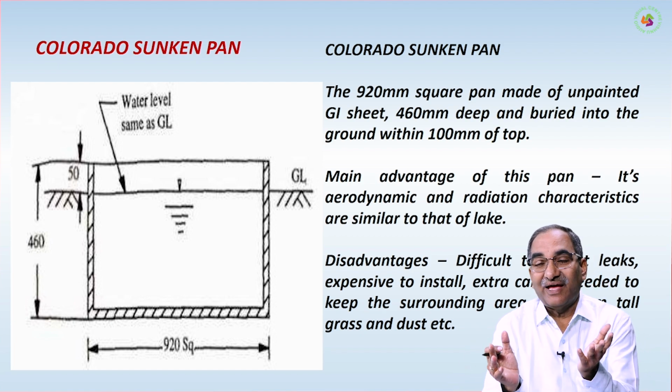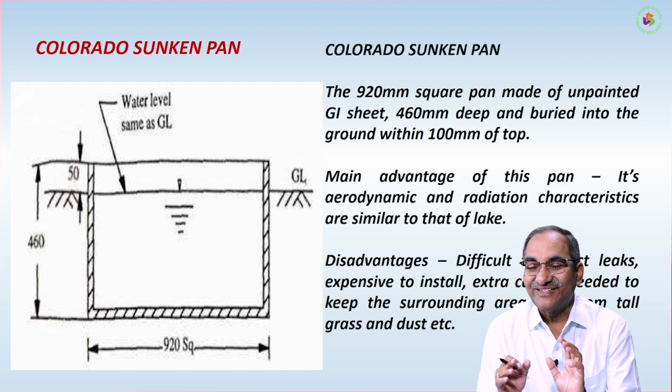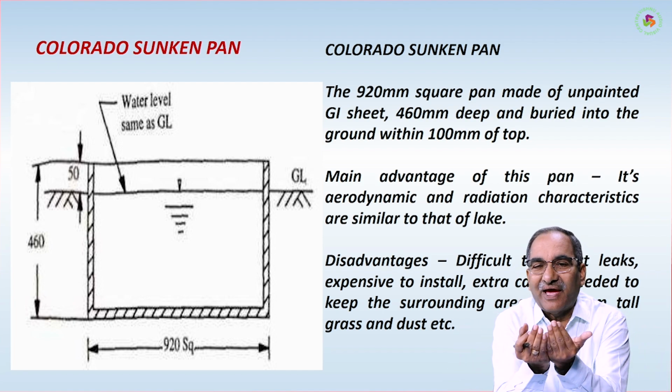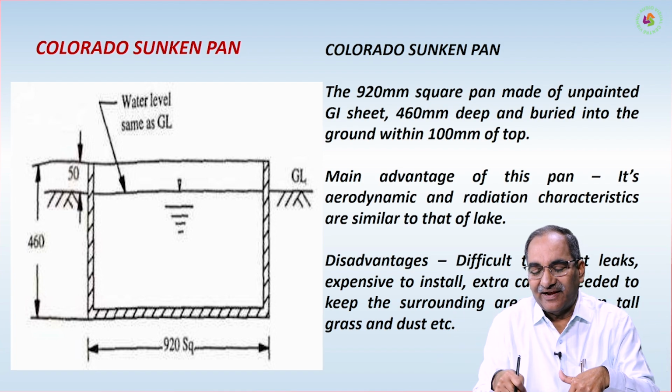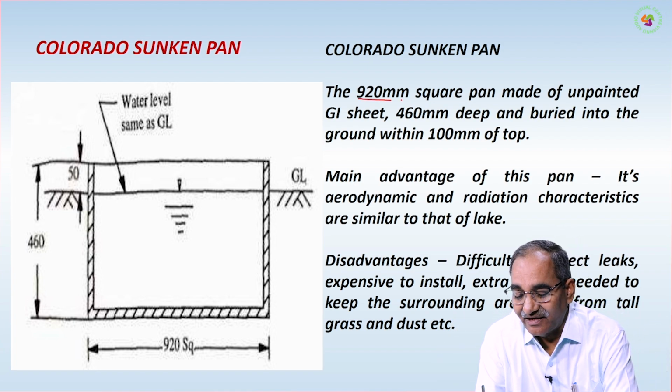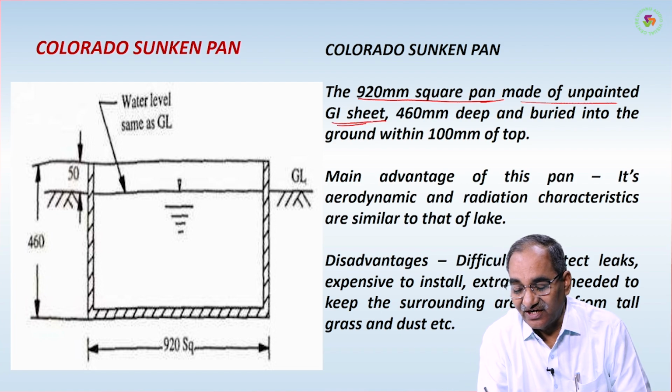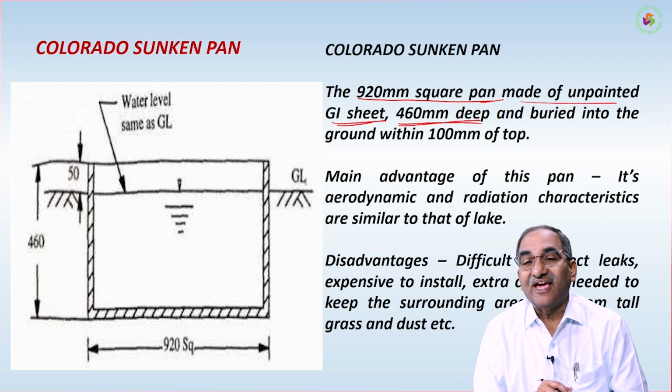It is a square pan. The difference between the previous one and this one is, it is a square pan. The previous one is a cylindrical pan. This is a square pan actually, 920 mm square pan made of unpainted GI sheet, and the depth is 460 mm